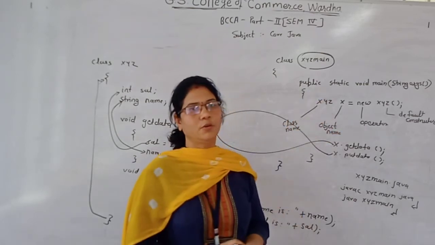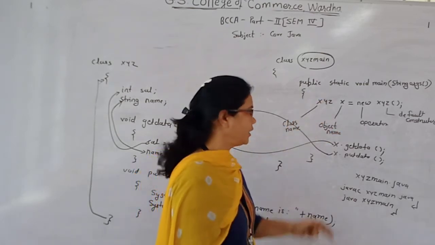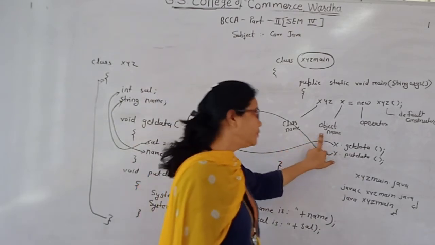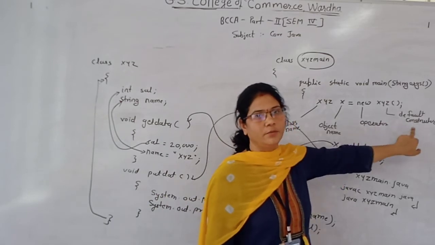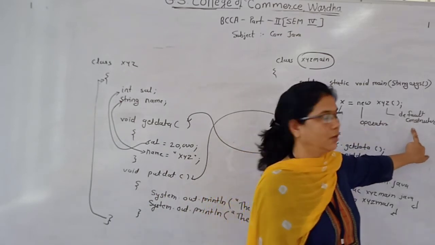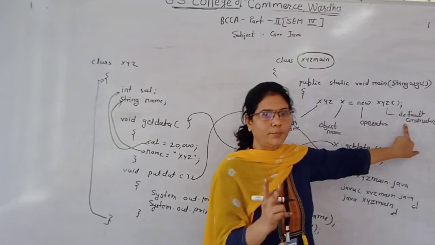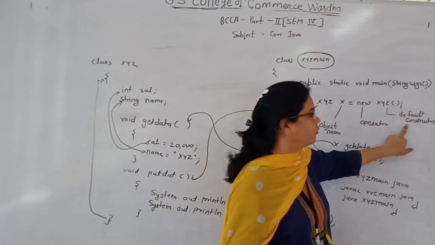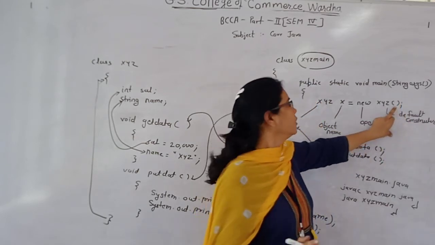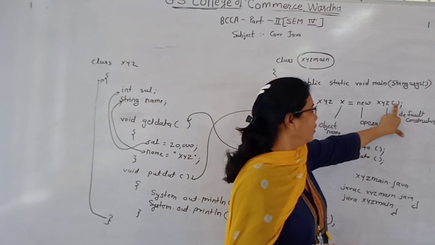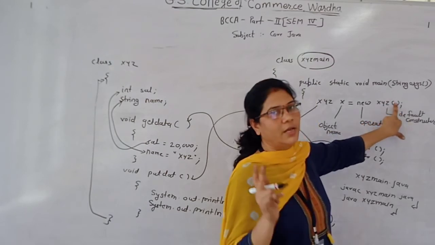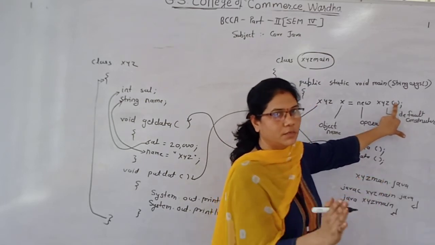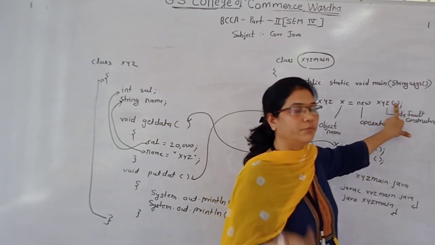So how can we create the object? By following the syntax, and the syntax is nothing but the class name, then we declare the object name, then the new operator, and then we call the constructor. Here there are two types of constructor: first is default and second is parameterized. Here we use the default constructor. Default constructor means there is no parameter list in the parentheses, and we did not create that particular constructor in our program because it is default.